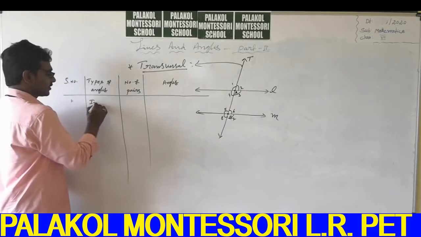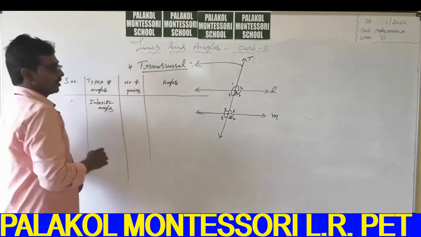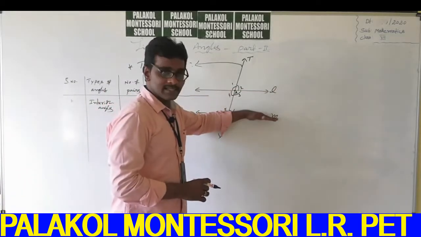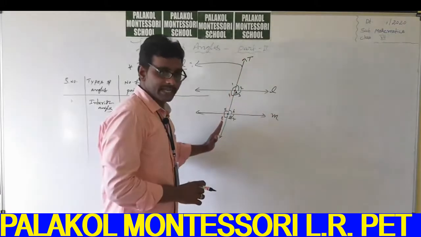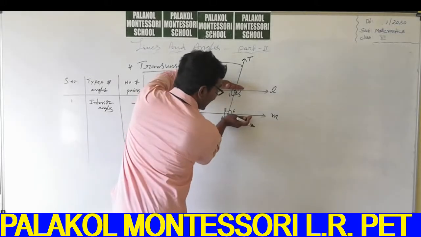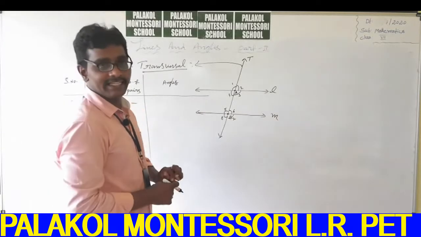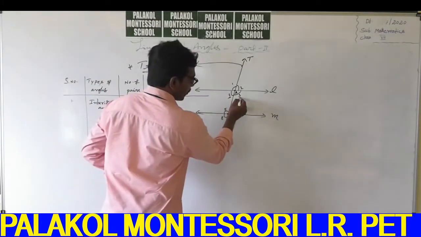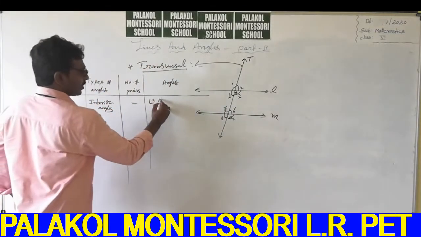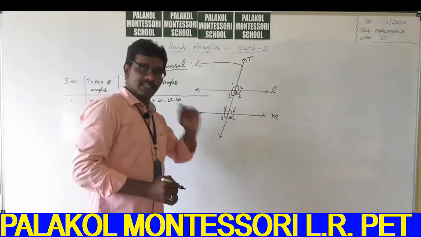Interior angles. So guys, interior means the region between the two parallel lines. This is called a transversal line. So in these two lines, what angles are inside of those lines? Those angles are called interior angles. That ones represent 4, 3, 6, 5. So angle 3, angle 4, angle 5, angle 6 are interior angles.